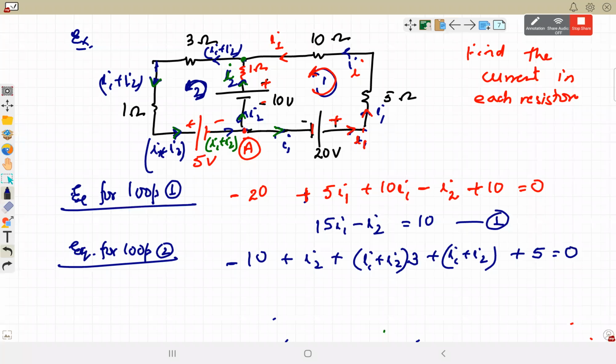Right, so solve this equation। This is 3I1 plus I1, 4I1 plus 5 times I2 is equal to 5। These are the two equations। Equation same आ रही है किसी की? Yes, sir.